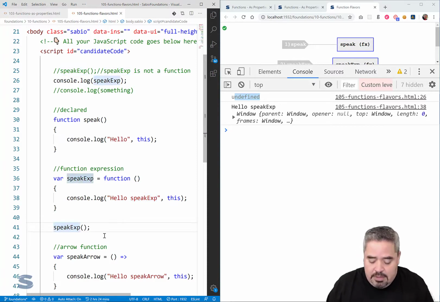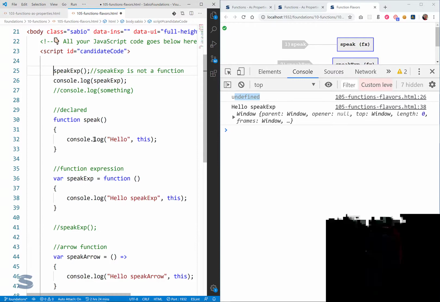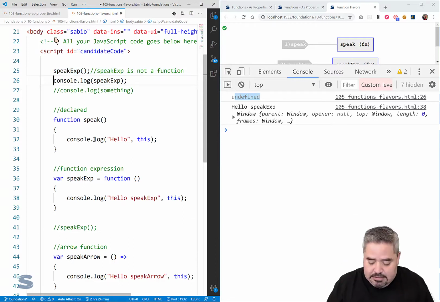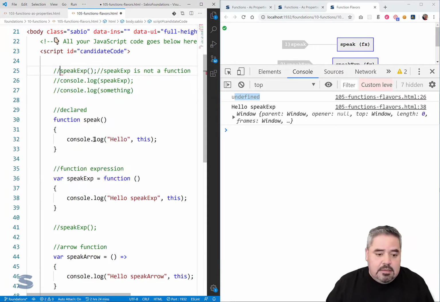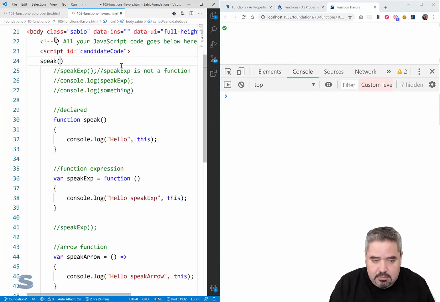All right, so that explains why the function expression doesn't work, and why it doesn't work when I invoke it up here. This doesn't work because the assignment has not taken place. Okay, but then why does speak work? Right, because here comes speak. It's first,